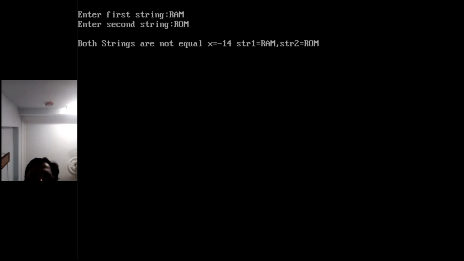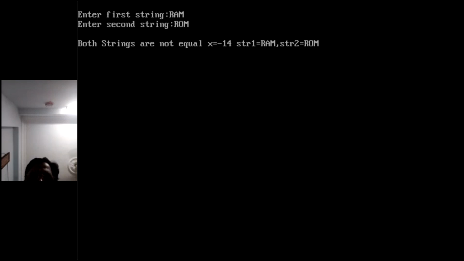So after taking the difference, 65 minus 79, where 65 is the ASCII value of capital A and 79 is the ASCII value of capital O, what value do you get? -14. That's x is equal to -14.